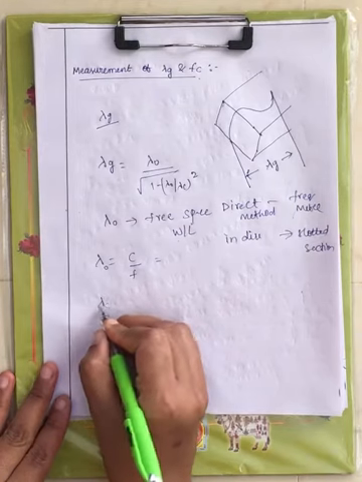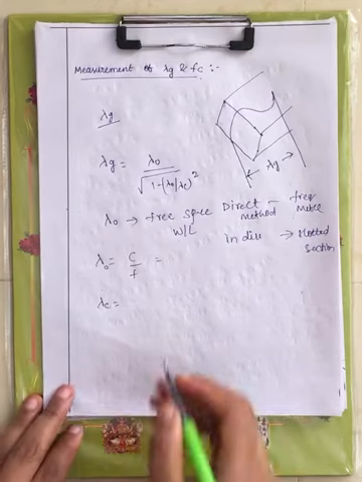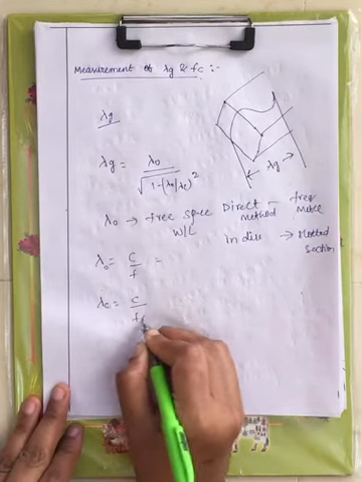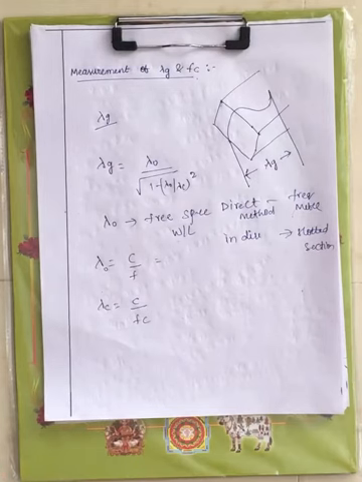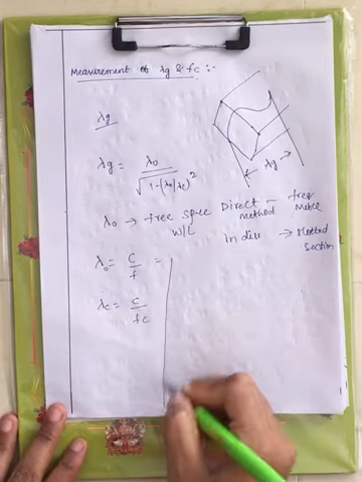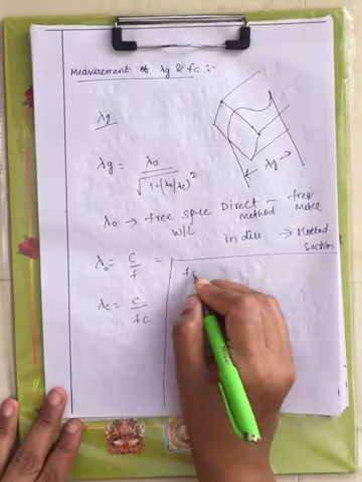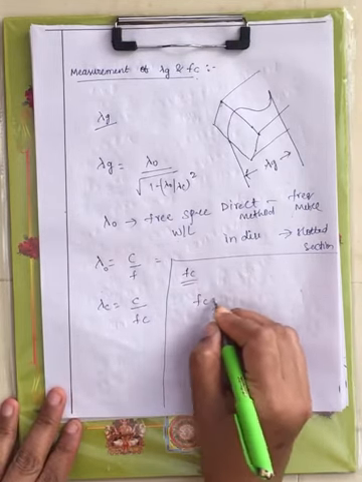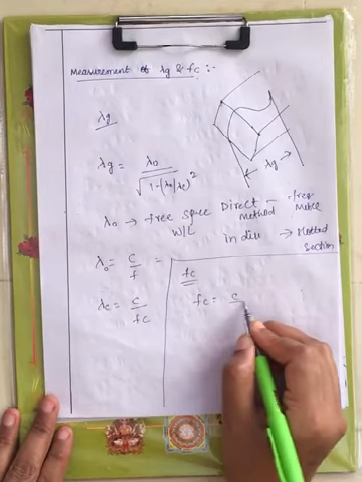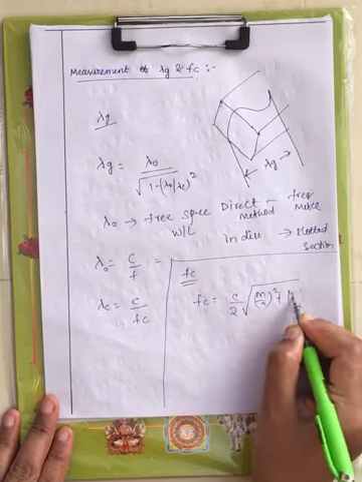Now what is lambda c? Lambda c is the cutoff wavelength, right? Lambda naught is the free space wavelength, lambda c is the cutoff wavelength. This is nothing but c by fc. If you know fc, the cutoff frequency of a particular waveguide, you can calculate lambda c using c by fc, right? This is how you calculate guided wavelength. Now coming to cutoff frequency. What is the cutoff frequency of the rectangular waveguide? This is nothing but c by 2 under root of m by a whole square plus n by b whole